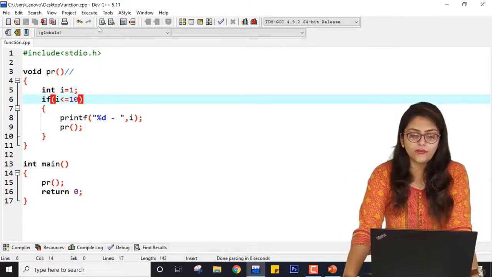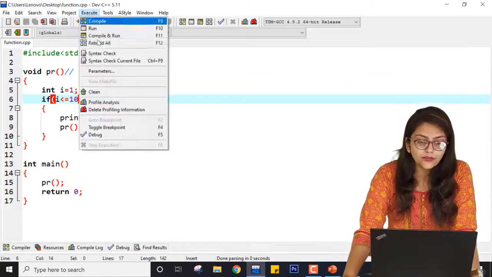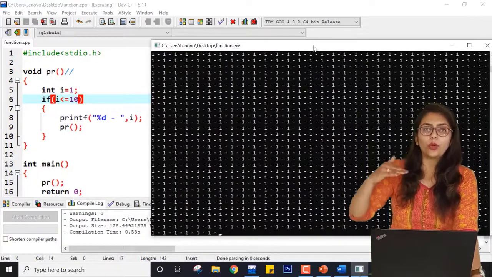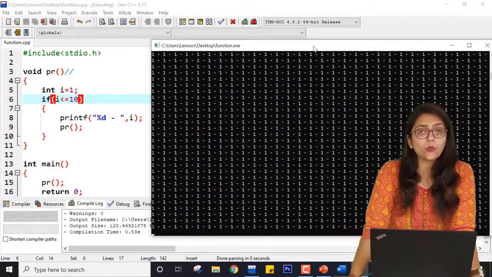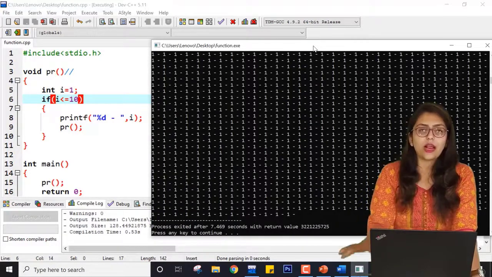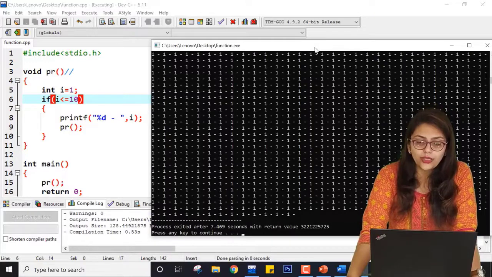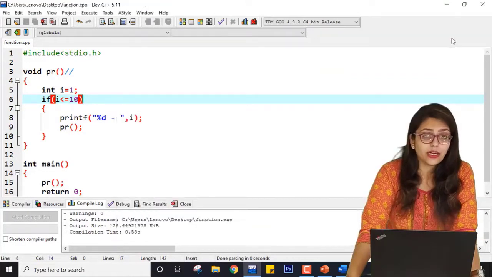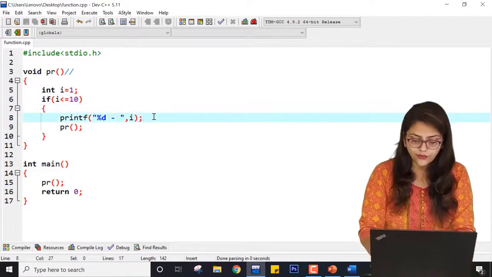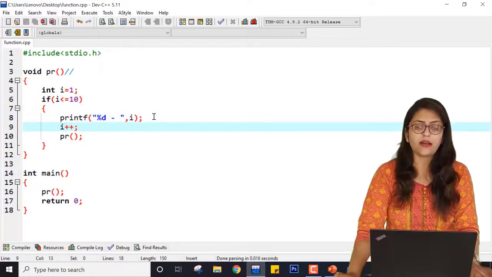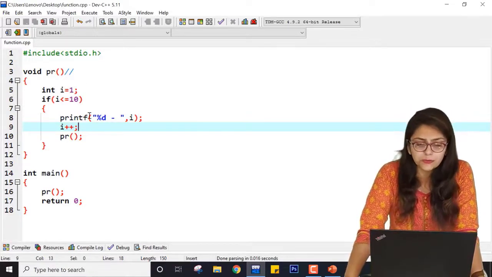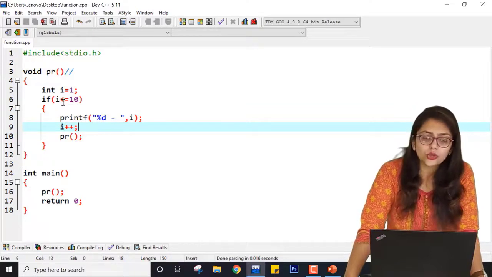But right now if I just run this program, it will go into an infinite loop. Why? You can see it over here. It is just printing 1, 1, 1, 1, 1. Once the memory or stack is full, it will show me that the program has executed, right? So it is not giving me the desirable output. It is entering an infinite loop. Why is it happening? Because the value of i is never changed. After printing I have to change the value of i by incrementing it by 1. Without using i plus plus, every time the value of i was 1, so the condition is true.